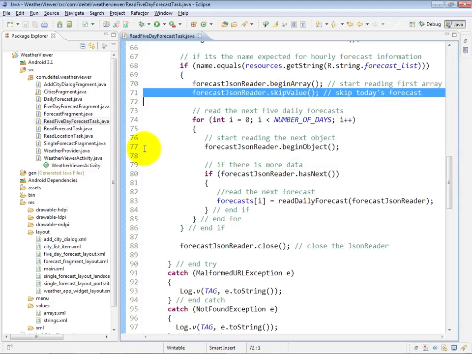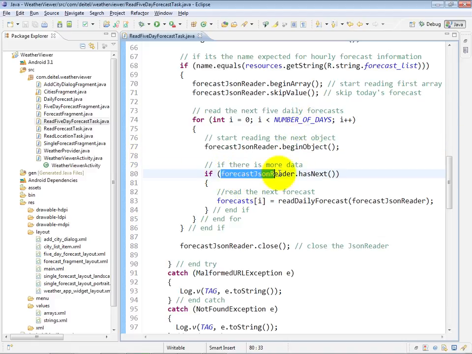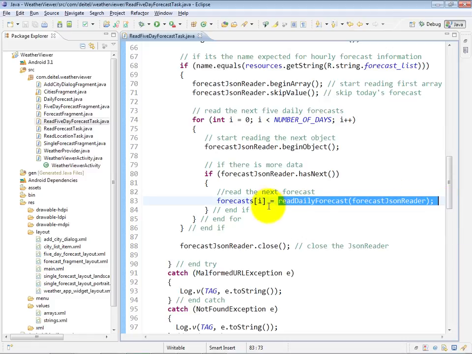Then we begin reading the next object, and for whatever number of days we're going to read, when we're reading that object we're going to see if there's a next key value pair, and if there is, we're going to assign to forecast sub i the result of readDailyForecast with the JSON reader as an argument. When we look at that method in a subsequent video, you'll see that we do our reading of the individual fields within that JSON object and extracting the data